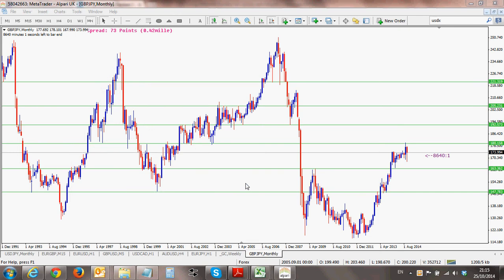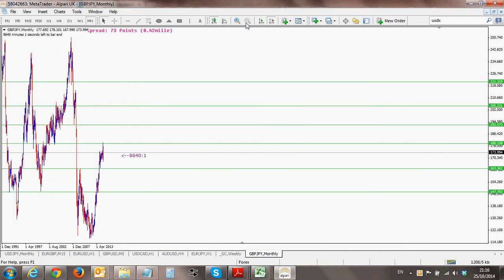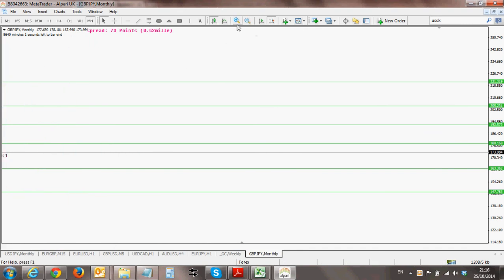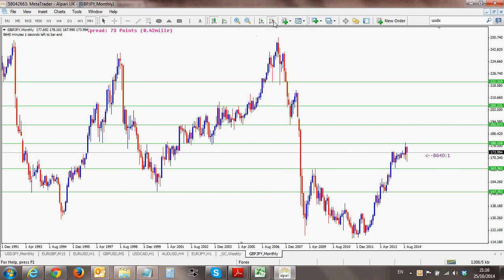This is pound yen, which I haven't looked at in quite some time. I thought I'd give it a look now and see what I see, just as an exercise really. This is all the data I have for monthly. Oops, it's gone. So I've marked in, before I started, these key levels there and